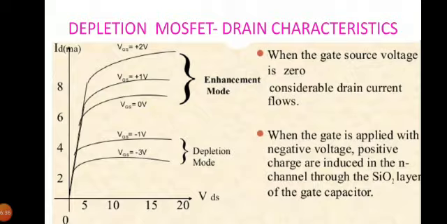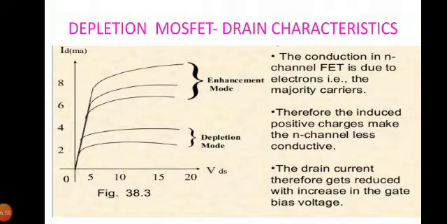So for positive values of VGS, the positive gate voltage draws additional electrons from the p-type substrate due to the reverse leakage current and establishes new carriers through the collisions between accelerating particles. Because of this, as gate to source voltage increases in the positive direction, the drain current also increases, as you can see in this figure. The application of positive gate to source voltage has enhanced the level of free carriers in the channel compared to that encountered with VGS equal to 0. For this reason, the region of the positive gate voltage on the drain transfer characteristics is referred to as enhancement mode, whereas the region between cutoff and saturation levels of IDS is referred to as depletion mode.